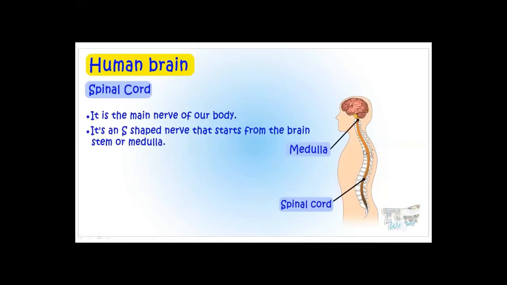And the definition of the spinal cord: the spinal cord is a long bundle of nerves and cells that extends from the lower portion of the brain to the lower back. It carries signals between the brain and the rest of the body. Okay, my dear students, this is the spinal cord, and this is the answer to how the brain connects with the rest of the body.